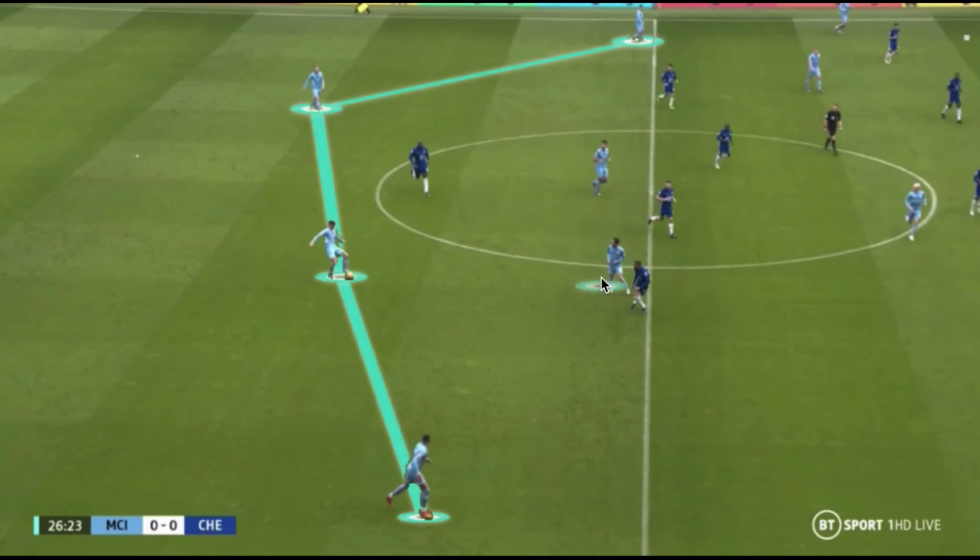With Bernardo Silva in the team, he comes with a very versatile player profile, and often we would see him come alongside Rodri deeper in the half space, which would allow Raheem Sterling to invert and Kyle Walker to overlap, and would still create three players between the lines for Manchester City when Raheem Sterling would invert,